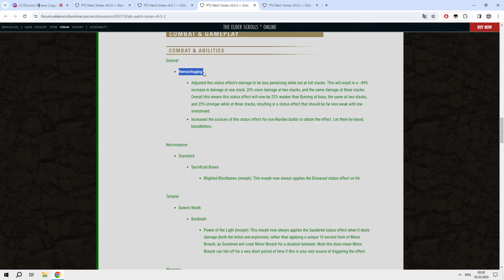And also about the Hammerhagen effect, this status effect damage will be less penalizing while not at full stack. This will result in an 89% increase in damage at one stack and 20% more damage at two stacks, at the same damage as at three stacks. Overall, this means the status effect will now be 25% weaker than burning at base, the same at two stacks, and 25% stronger while at three stacks, resulting in a status effect that should be far less weak with low